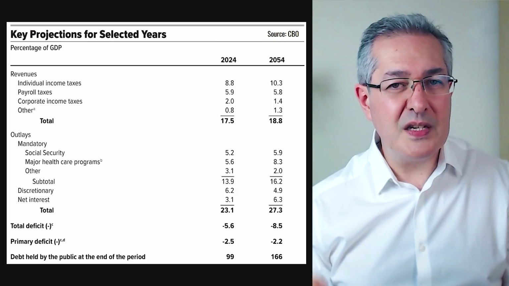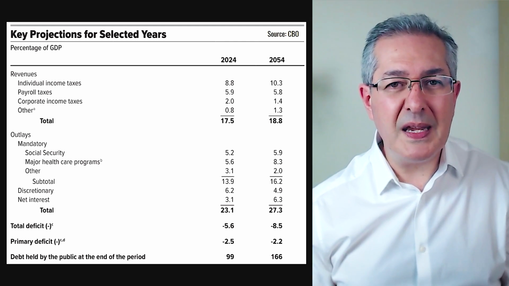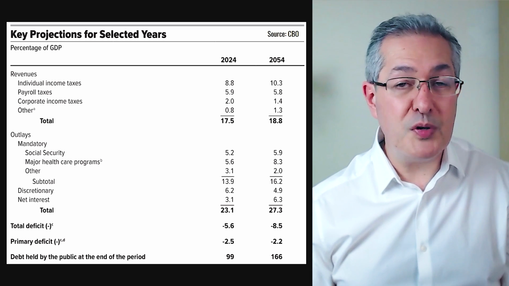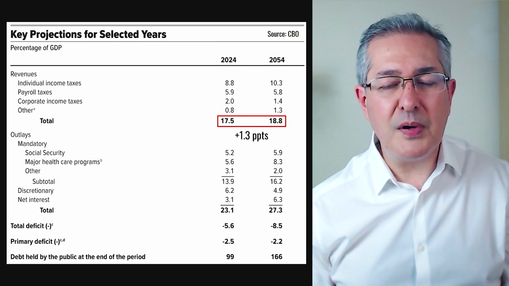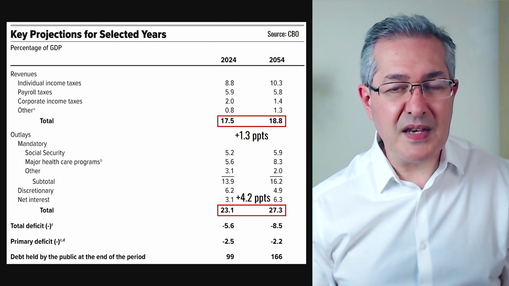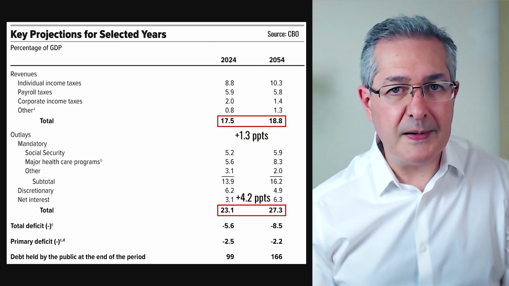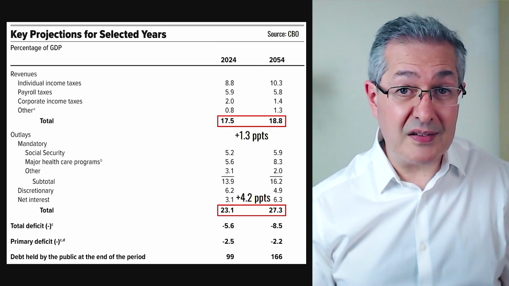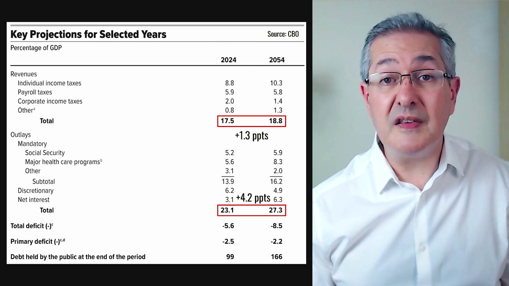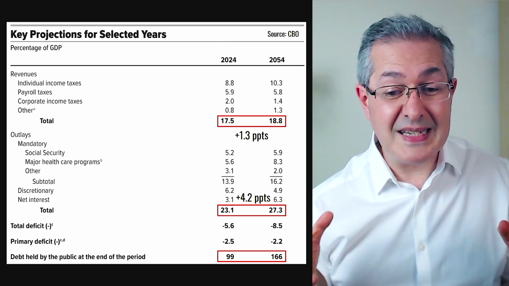So bearing that in mind, now let's dig into those CBO projections for the next 30 years. So this takes us from 2024 to 2054. The fundamental problem is that revenue as a percentage of GDP really doesn't increase much over that projected period. It only increases by 1.3 percentage points, whereas outlays increase more by 4.2 percentage points due to those factors that we discussed, primarily due to an aging US society. That means that the US is going to have to run a deficit for an extended period of time, and of course that increases the debt to GDP ratio from just under 100% currently all the way up to 166%